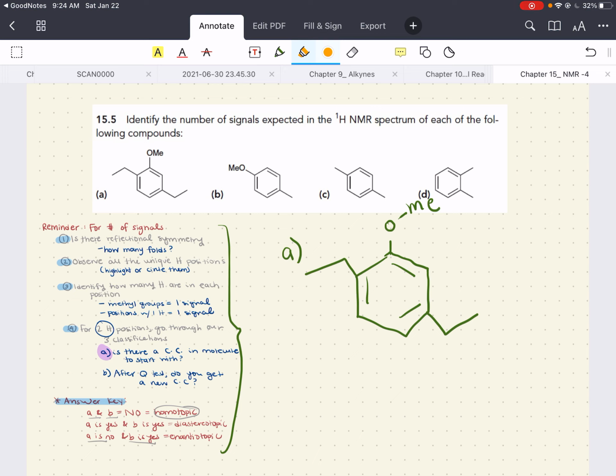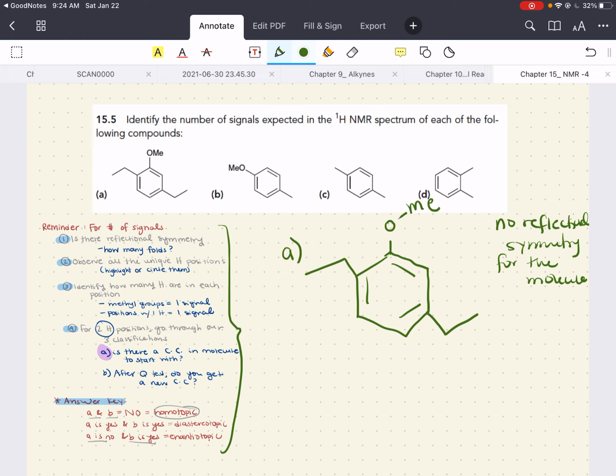And what you'll figure out is this molecule has no reflectional symmetry at all. All right, so there's no reflectional symmetry for the molecule. Keep that in mind. Fantastic. Now, with that in mind, what we're going to do is observe all the unique hydrogen